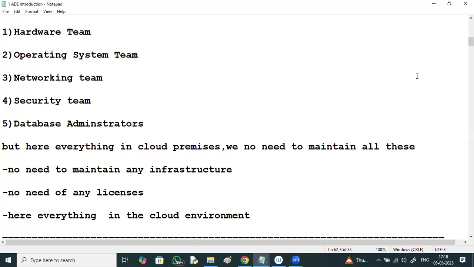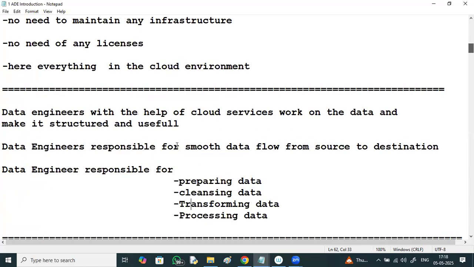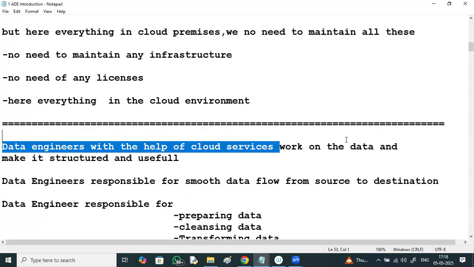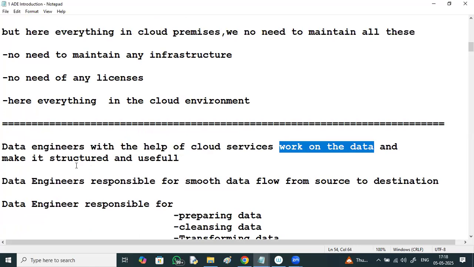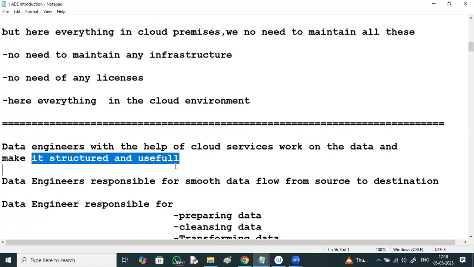So a data engineer is responsible for smooth data flow. Data engineers, with the help of cloud services, work on the data and make it structured and useful.